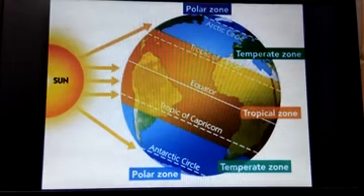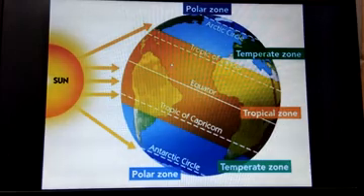Now next is the temperate zone, from the Tropic of Cancer to the Arctic Circle. See, sun rays do not fall directly, but are reflected at slanting angles. These rays are not so powerful as to give so much heat and light to this zone. These zones get less heat and light as compared to the middle zone. That's why this is known as temperate, not so cool, not so hot.